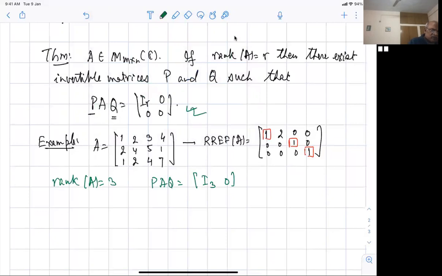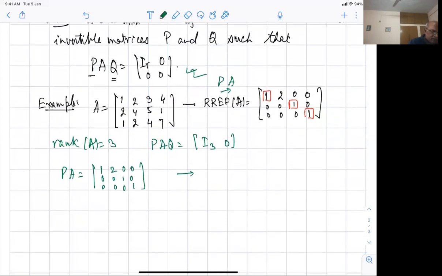Is that okay? So computing RREF itself implies that I have got P times A, which is this. Fine. So I know P times A is 1, 0, 0, 2, 0, 0, 0, 1, 0, 0, 0, 1. I know this. All right. So let's apply some transformations here. So first I apply the transformation on the columns. So it is a 3 cross 4 matrix. I have to multiply by a 4 cross 4 matrix on the right.